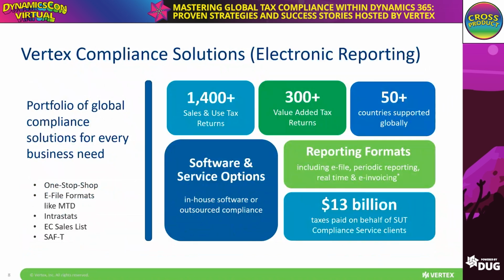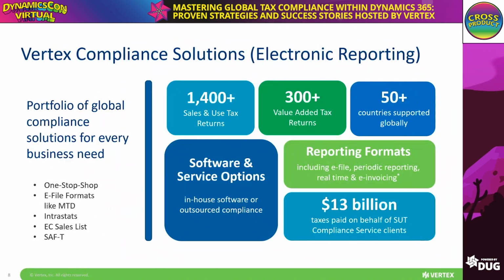When I talk about compliance and remittance, I wanted to go into detail here. It's obviously the United States and the U.S. returns, all the different state returns, the jurisdiction returns. So our solution has the ability to support over 14 different tax returns across the U.S., but also 300 different VAT returns across the globe. Over 50 different countries are supported with that.